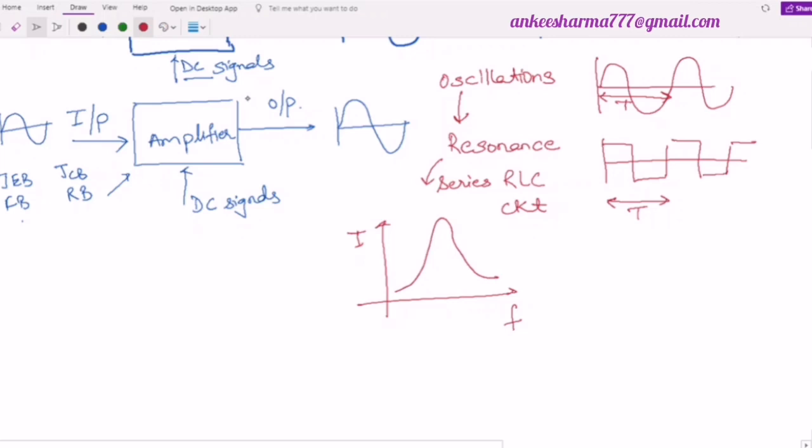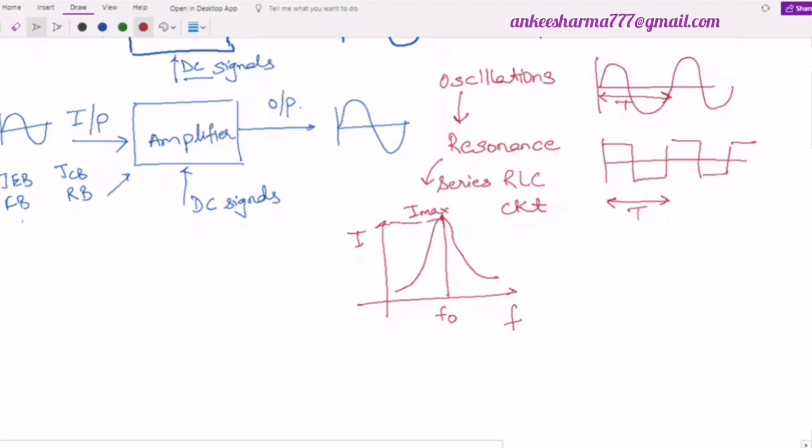It means exactly at a particular frequency, depending upon the quality factor, this may be wide, this may be very sharp. I'm just assuming that it is giving me the maximum current at a particular frequency, let that particular frequency be f naught. And this current I would say is the maximum, so I will write here I maximum.